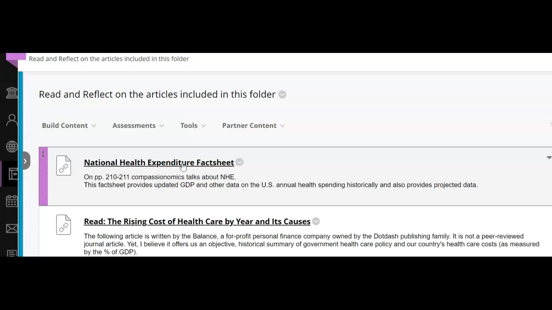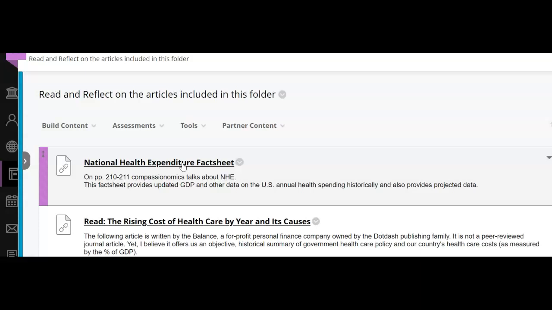So in 2016, on pages 210 to 211 of Compassionomics, I know this is chapter 7, we read that in a different learning unit, but to come back to that, the information that the authors shared was the percent of GDP the U.S. spent on health care was